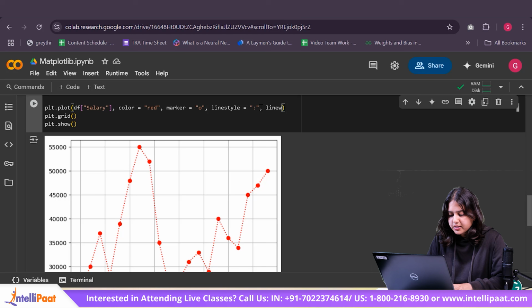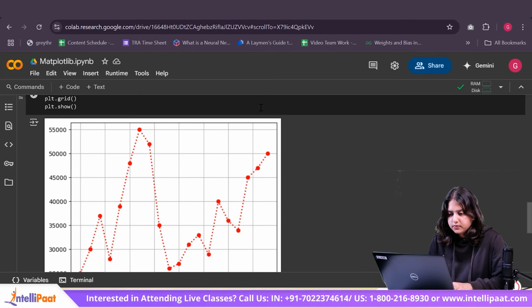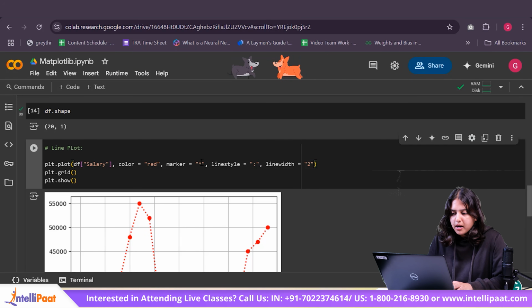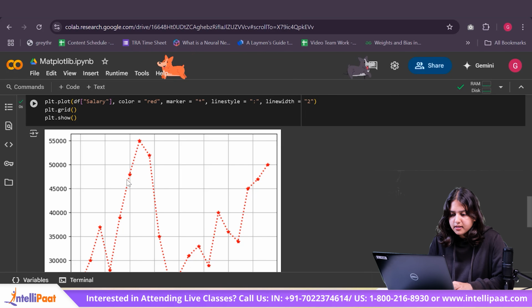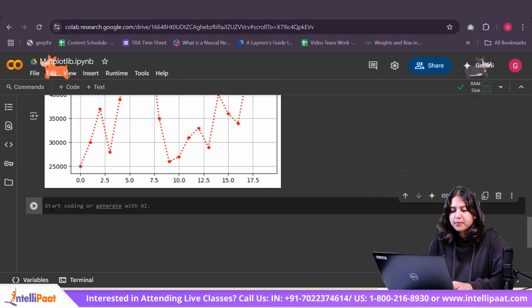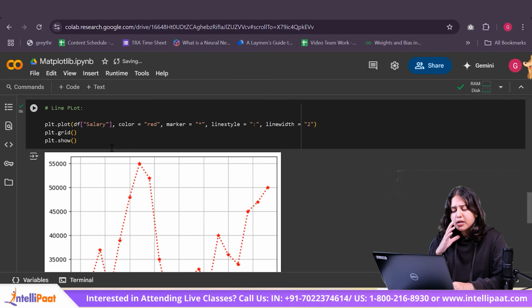I can also go ahead and change the width of my line using the line width parameter, and I can say I want it to be 2. As you can see, the width has been increased. If in case I want my marker to be represented with a star, all I have to do is pass this particular symbol, and you can see the marker style has been changed. So you can go ahead and play around a little with the parameters that are available in Matplotlib. Again, Seaborn offers a bit more functionality compared to Matplotlib, but this is great when you want to deal with your plots at a lower level.